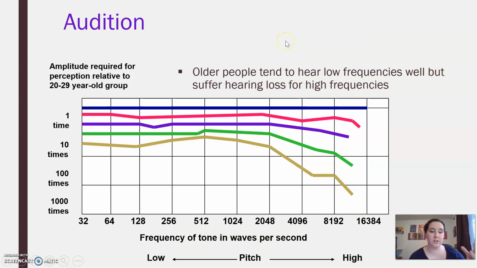So if we look at the word audition, if you see this, remember it means hearing. And we just mentioned this: older people tend to hear lower frequencies well, but suffer from hearing loss to higher frequencies. As we age, our ability to hear goes downhill. Usually around 60, 70 is the age where we see things go way downhill with our hearing. I think hearing even has an earlier age range on it. We talk about it when we talk about development. But yeah, hearing is something that we want to protect as much as possible. Yes, there are mechanisms we can use to help us out, but it'd be better just to preserve it if we can. All right, that is it for the ear,